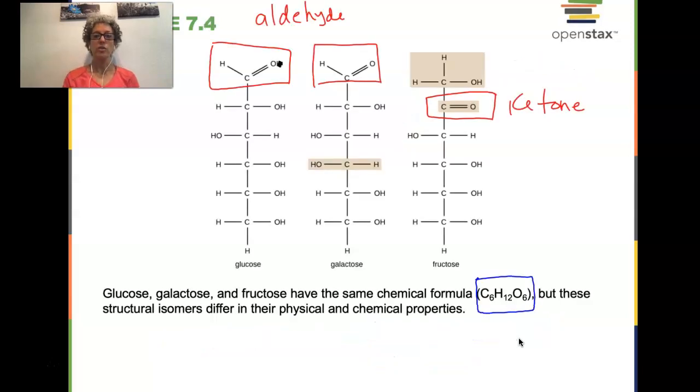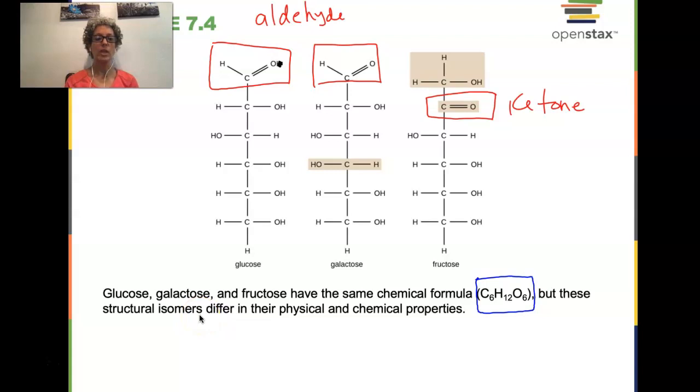This slide shows us 3 different sugars. I've got some boxes around functional groups that indicate where these sugars differ, and where they differ means they're also going to have different reactivities. These are glucose, galactose, and fructose. They all have the formula C6H12O6. They are called structural isomers, so that